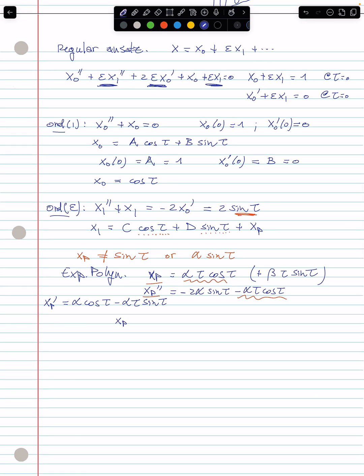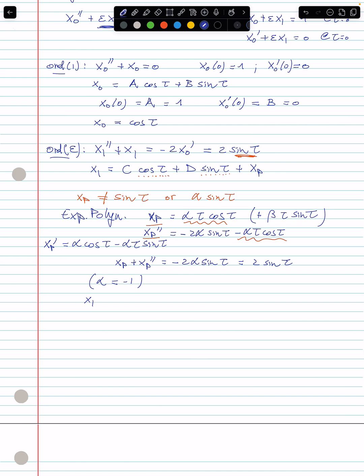All right, so we end up with minus 2 alpha sine tau, and we want this to be equal to the actual right-hand side. All right, so this should be equal to 2 sine tau, meaning that the alpha we need to choose is equal to minus 1. All right, so it means that the particular solution is nothing but minus 1 tau cos tau, and so x1 is c cos tau plus d sine of tau minus, so this is alpha,